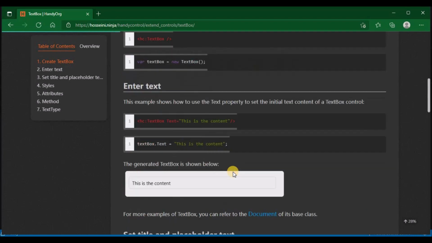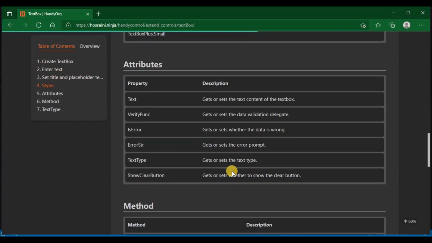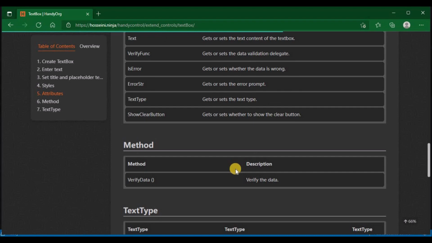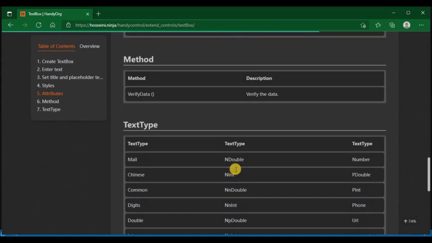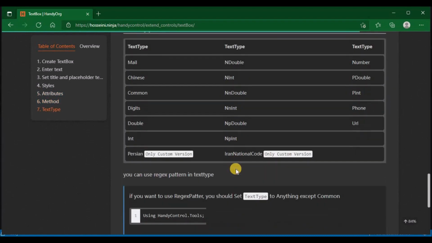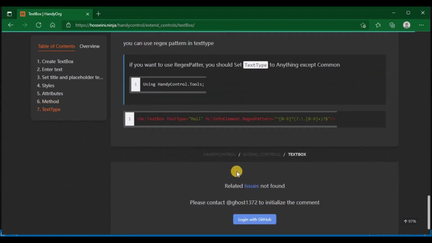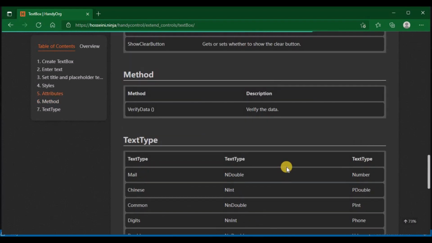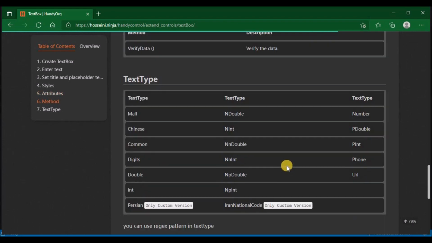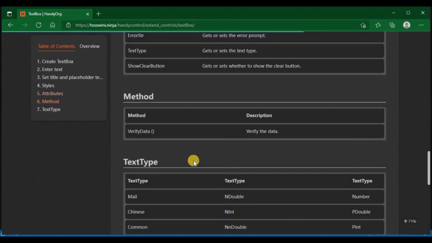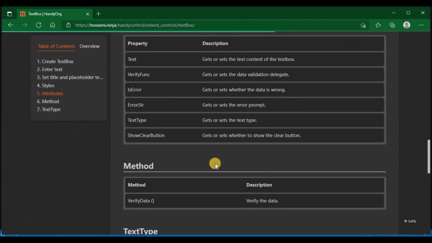Next let's go to the documentation and pick up some of the other attributes like the show clear button and the text type. So these attributes will help you. For example, the show clear button will add a clear button inside the text box which will clear the text, and the text type will have different types of text.